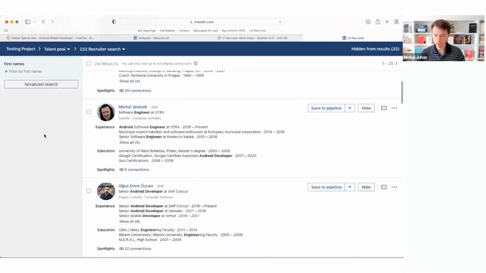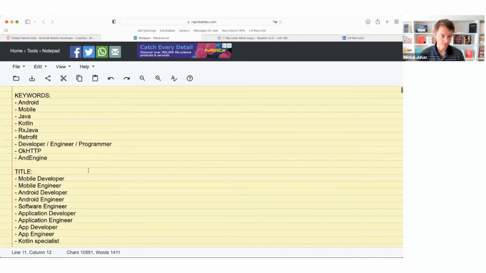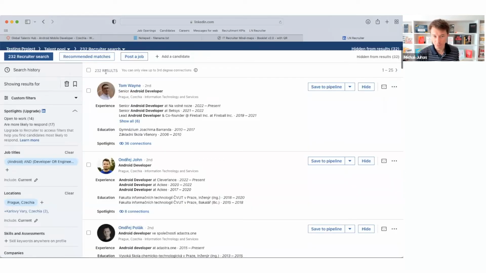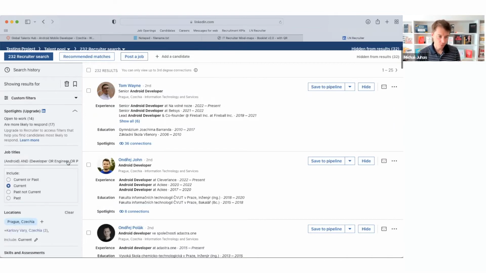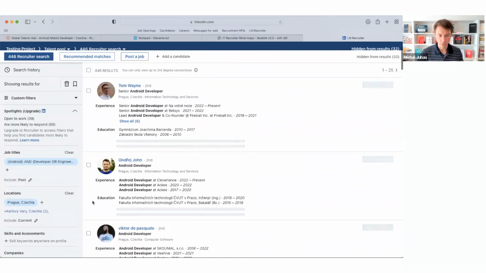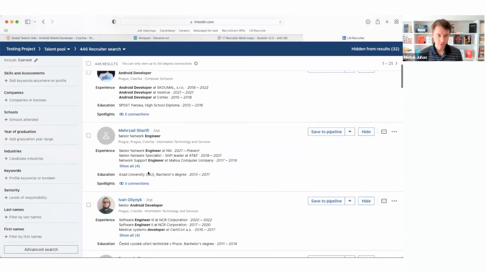Now it's just about really how do we put them into practice. One way is to do what I just did with this super simple search, Android and developer, engineer, programmer. But as you can see, there are only 230 people who have it right now in the title. What we could do in the second step is to go after people who had it in the past, just to check